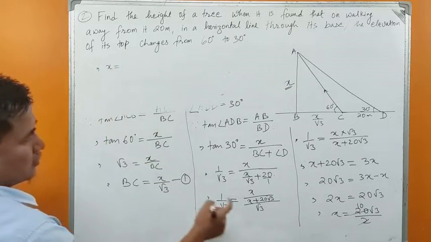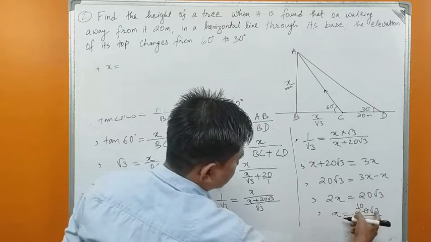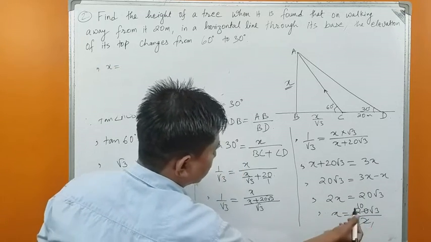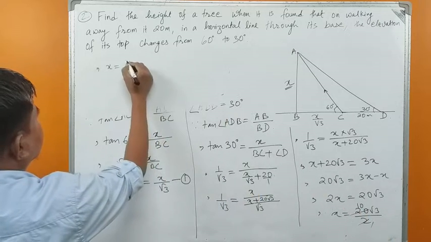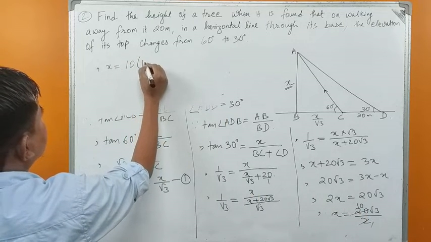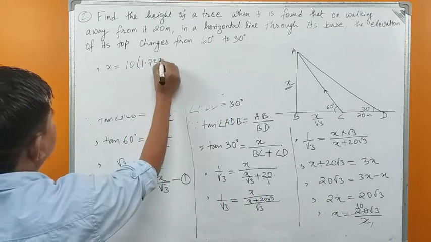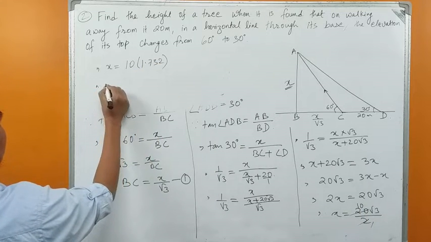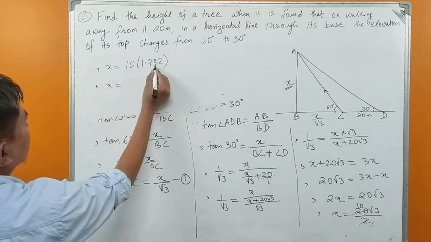x equals to 10 into root 3. This 2 is cancelled. We have 1 in the denominator. 10 into root 3. Root 3 means 1.732, isn't it? Or x equals to 1 into 1.732 is